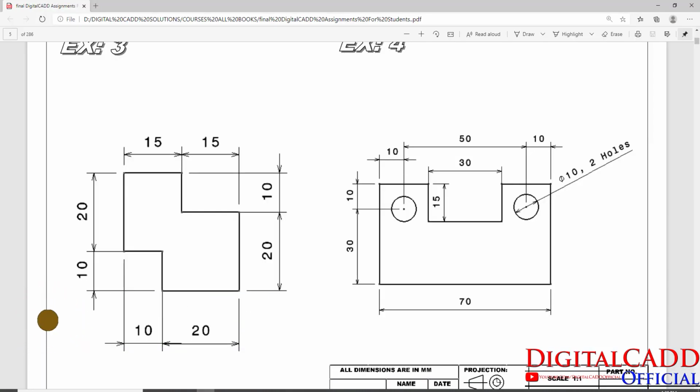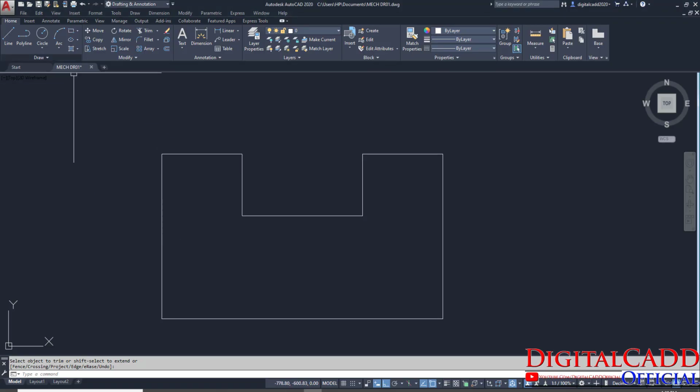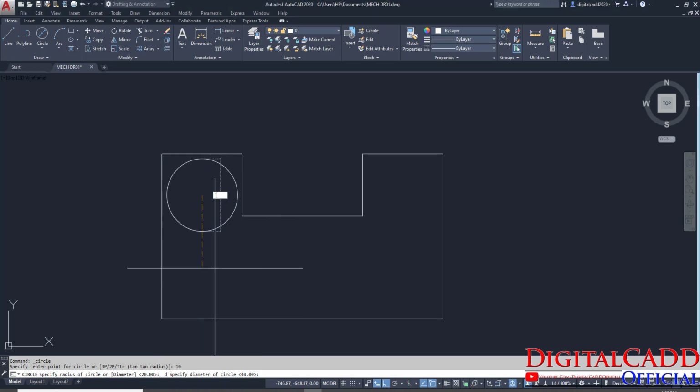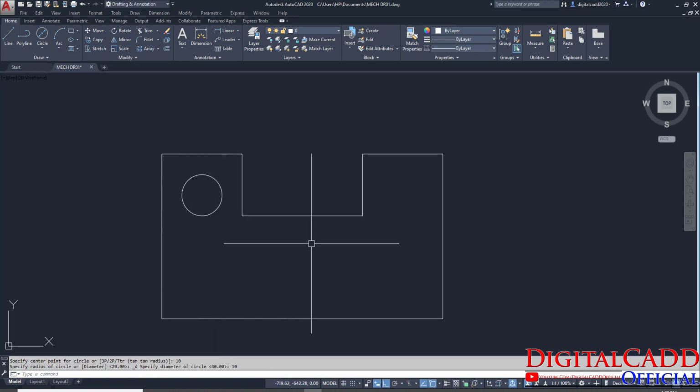Now we need a circle of diameter 10. It means we have another type of circle, center and diameter. Then we are going to track this midpoint to downward direction. Type the value, that is 10, and it is asking about the diameter. You can see here, specify diameter of circle, we need 10, enter. That's all.